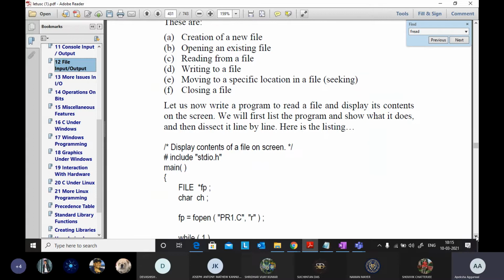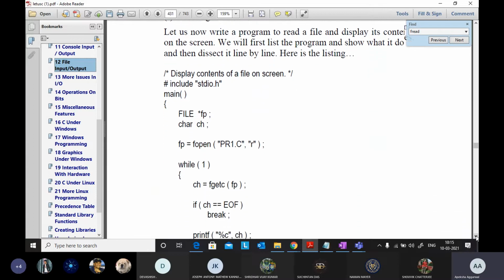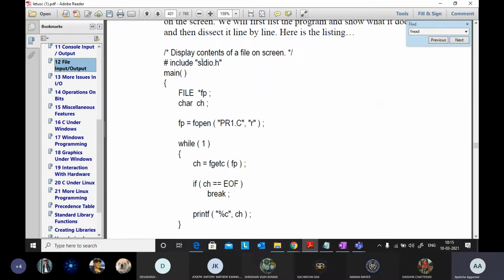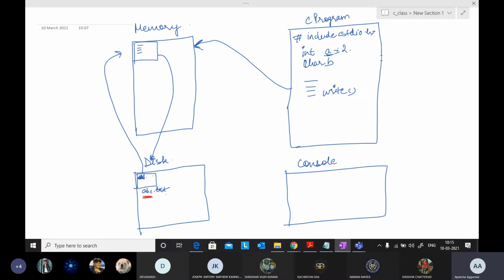Now let's have a look at the first program. So, #include <stdio.h>. I need to always include these header files in my program. This is just a pre-processing command. I need to include stdio.h because I'm using the printf function. Whenever I'm using anything that is predefined, I need to tell the compiler where the definition of that printf is stored.